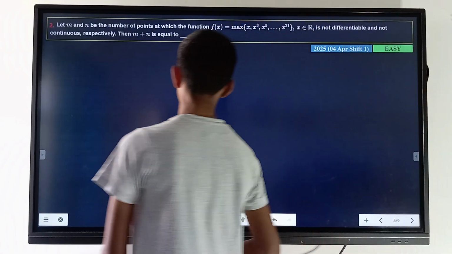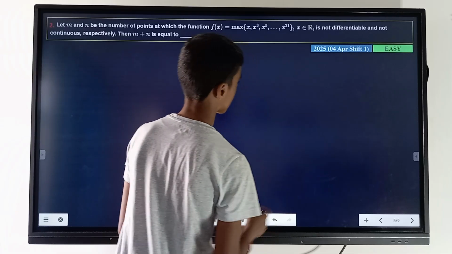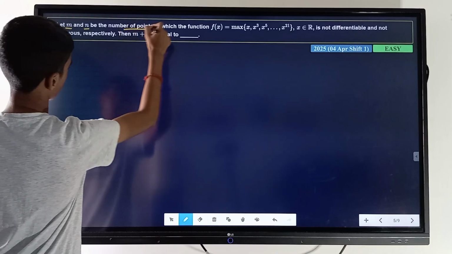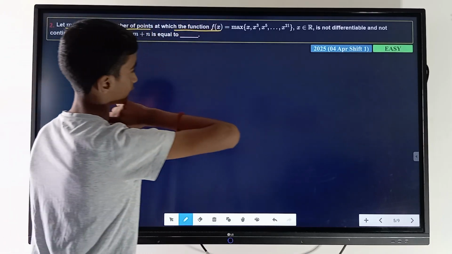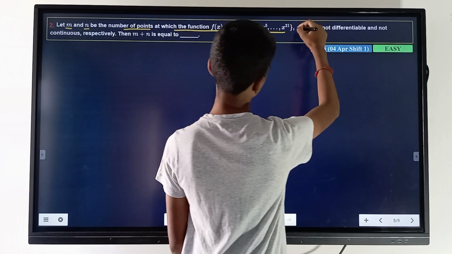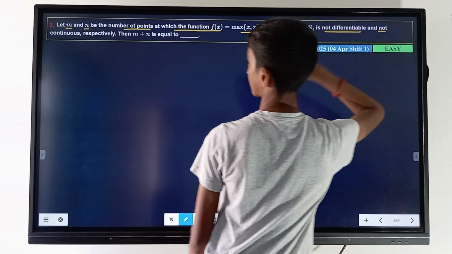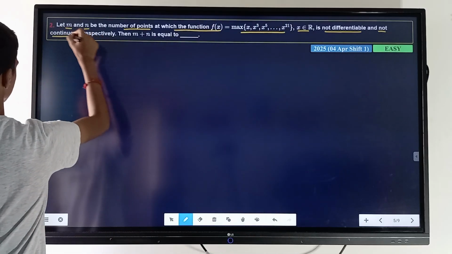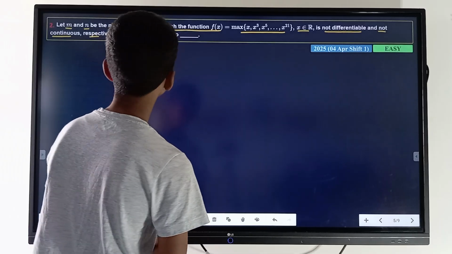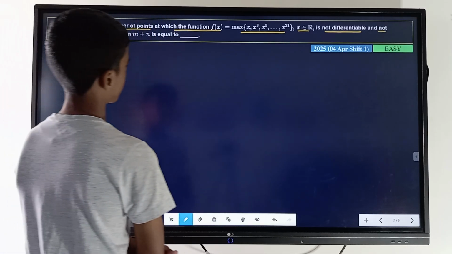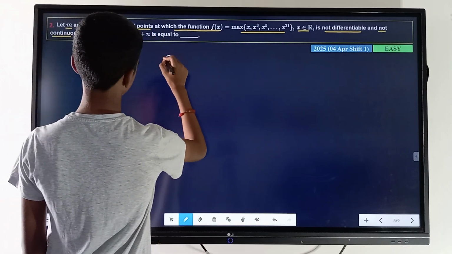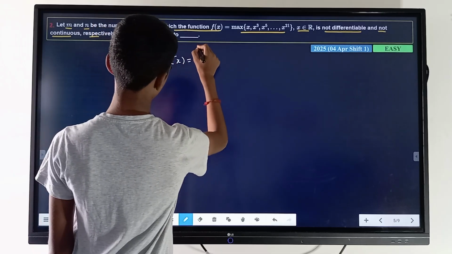Here is our next question. This time our question says that m and n be the number of points at which the function f of x is equal to this max of these terms, x belongs to R, is not differentiable and not continuous respectively, then m plus n is equal to. So here our f of x is equal to,